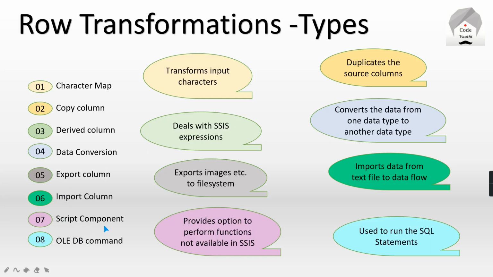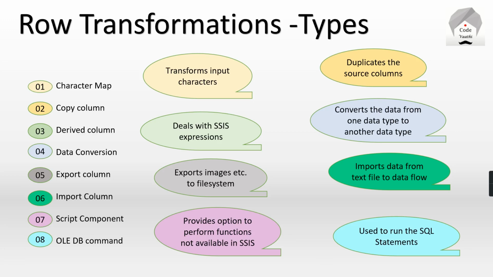Next comes the script component transformation. This transformation is mainly used to create custom logic. We can write our own C# script to create tables, insert contents, like that. If you know C#, you can directly write commands and statements and execute that particular script through SSIS. Okay. I'm not getting into much detail on that, so you can explore it.